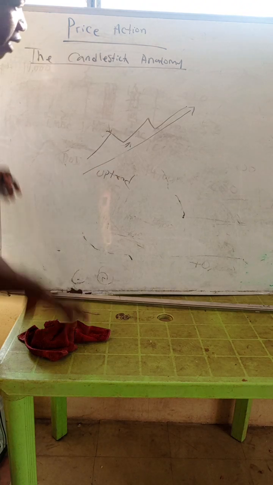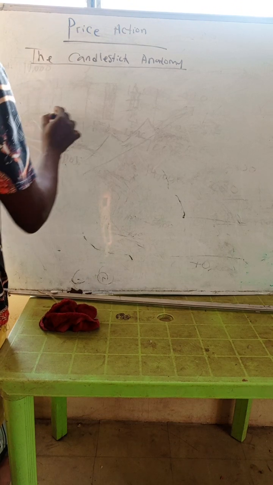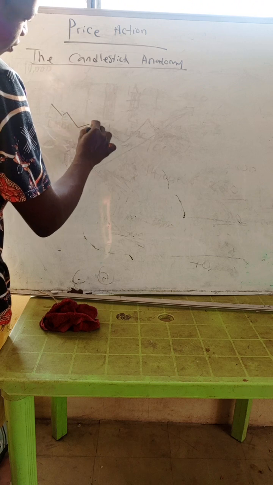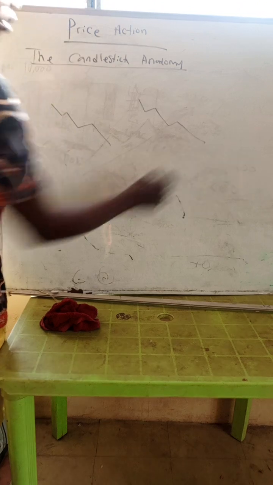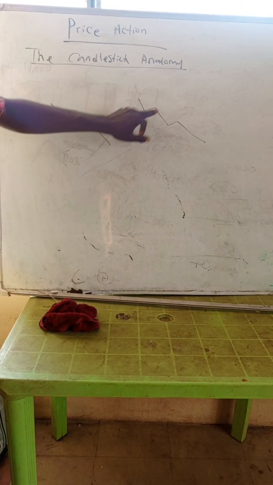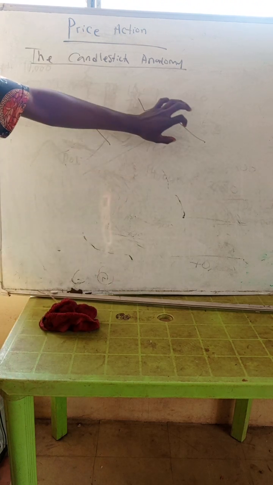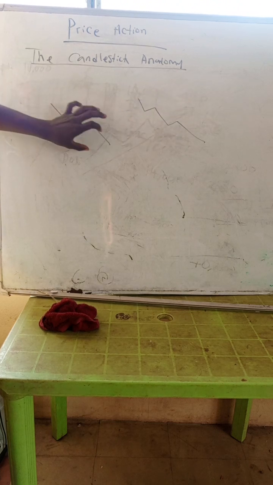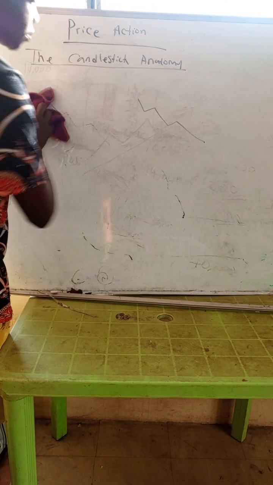Then if you saw it like this now, or let me draw it here. The same thing happened. Sellers came and took it down, buyers took it up a little, sellers took it down, buyers took it up a little, sellers took it down. So this indicates the presence of sellers in the market. The first one represents the presence of buyers in the market. Hope you understood that. Good.